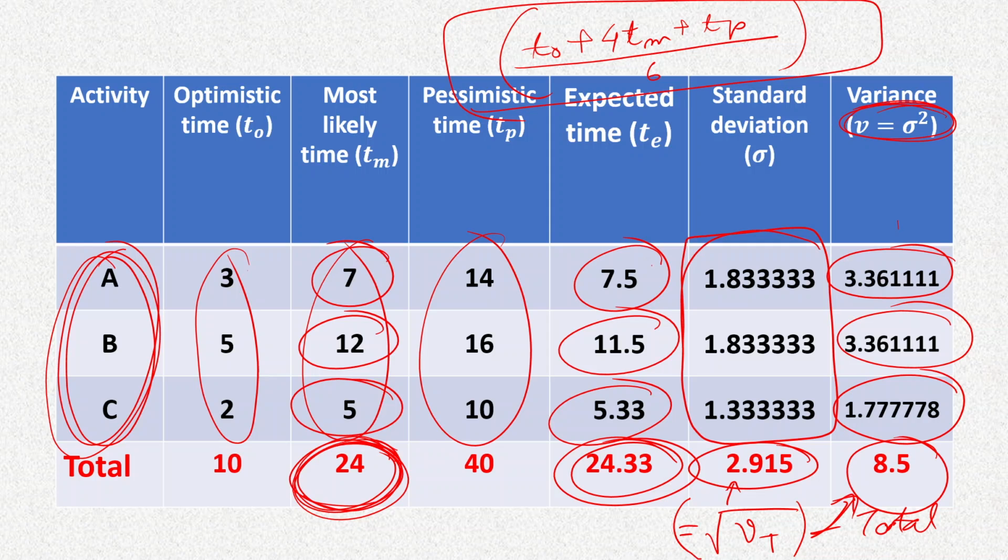As I've mentioned in several places, the standard deviation for a total project is not the sum of individual standard deviations, but for the variance that is true. The sum of the variances is the same as the variance for the total duration. So after that,